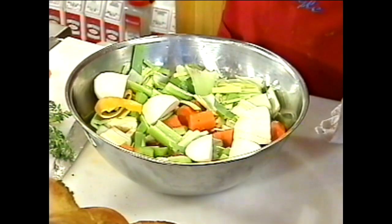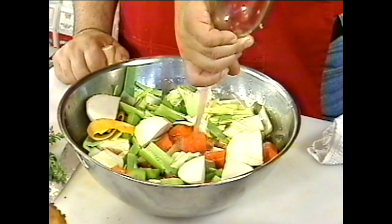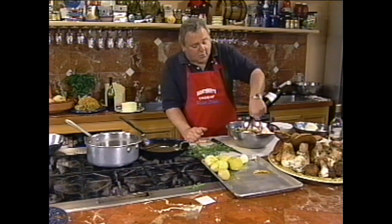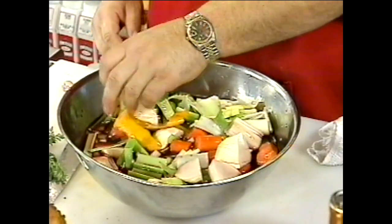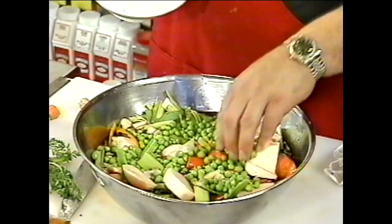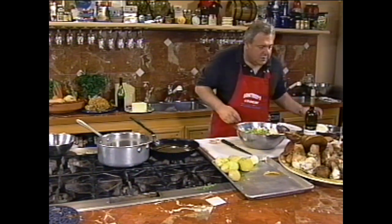All right, now we're going to get this wine. And we're going to fill it up. And then if you run out of that, use some of the other one. Now this is quite similar to a boeuf bourguignon in that you marinate the beef overnight. Okay, fresh peas. You can use frozen, but they had them at the market, so I used them. Okay, we got that, we got that, we got that. We got the salt,